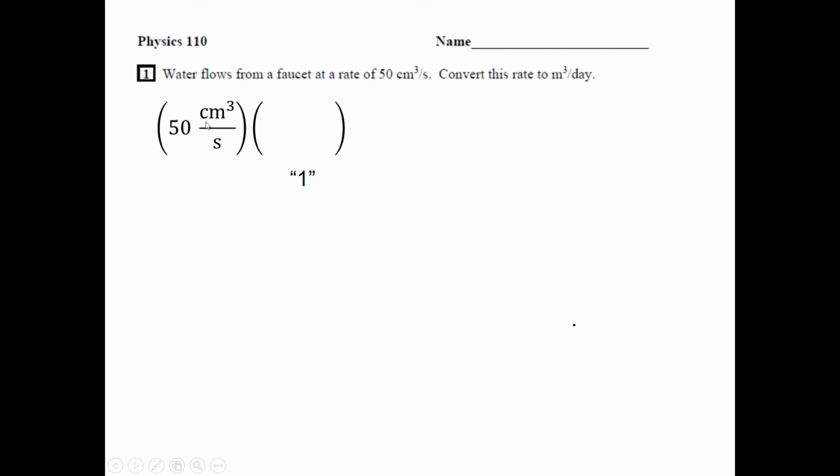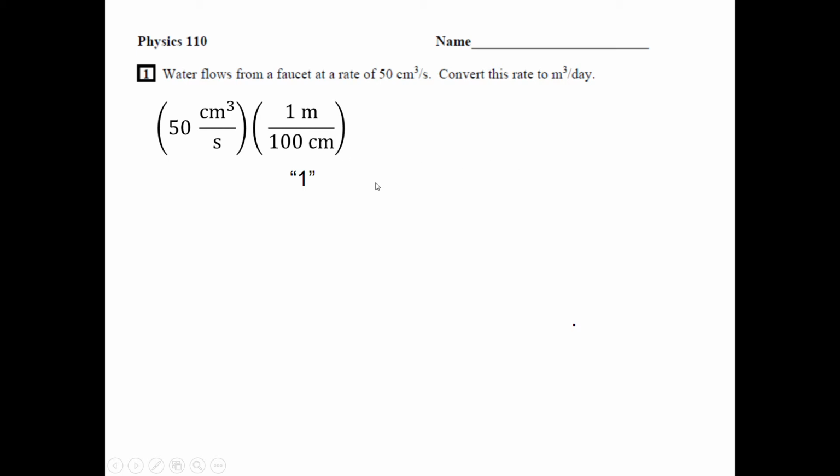And in this case, I might start by thinking, well, okay, a centimeter, I know there are 100 centimeters in 1 meter. So since I want to get rid of the centimeters up here and put a meter upstairs, I might use the fact that 1 meter in the numerator is the same thing as 100 centimeters in the denominator, and that way at least one of the factors of centimeters would cancel. In other words, I couldn't really cancel this centimeter against this centimeter cubed up here because we've got 3 factors of centimeters up here. So what I've got to do is put 3 copies of this factor here,